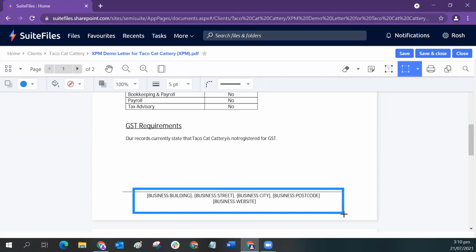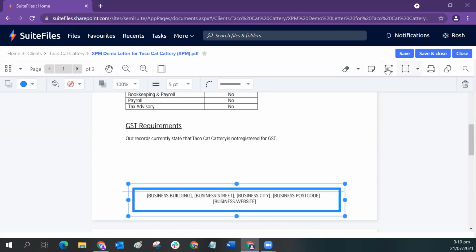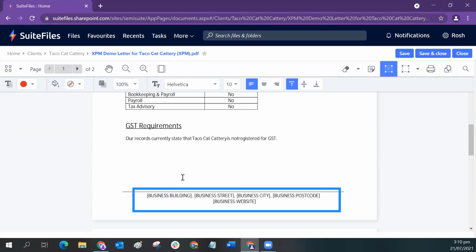So I'm just going to mark that up here and put a text box, or I could put a note, just saying that these business values need to be updated